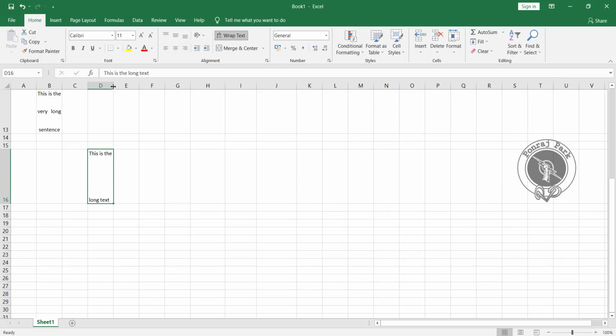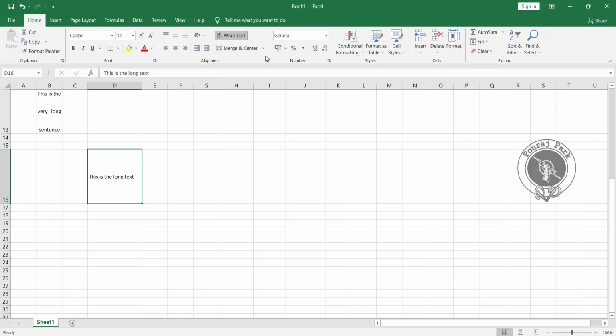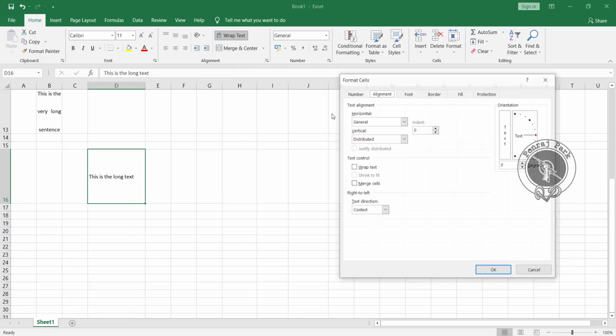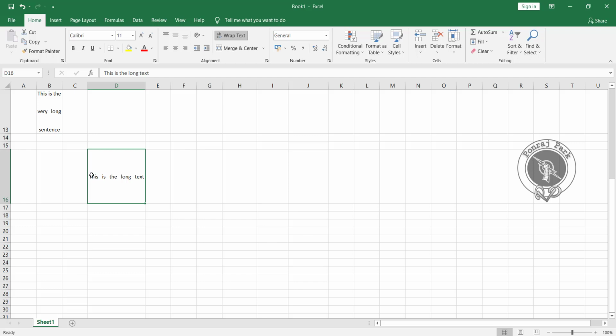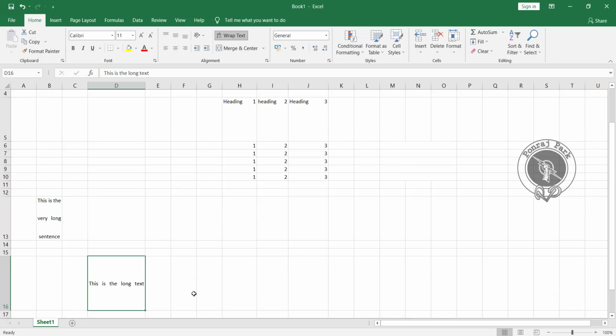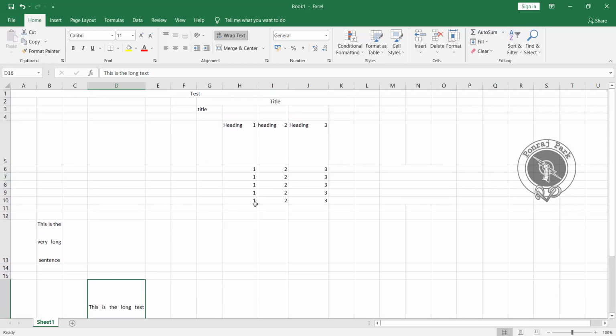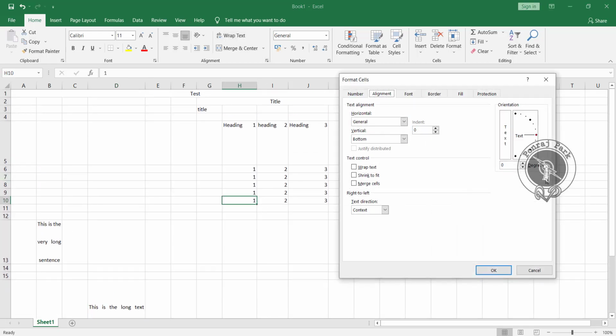And if I suppose increase its size, just make it okay, and then if here I click distributed indent, I'll click OK, then you can see the horizontal size has been indented and distributed properly. So this is how this thing works. So from here also you can increase the indentation, which we have here the option.